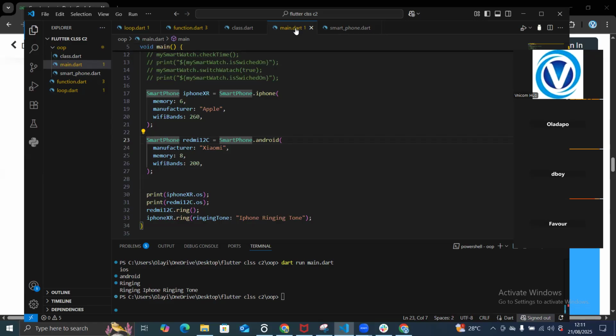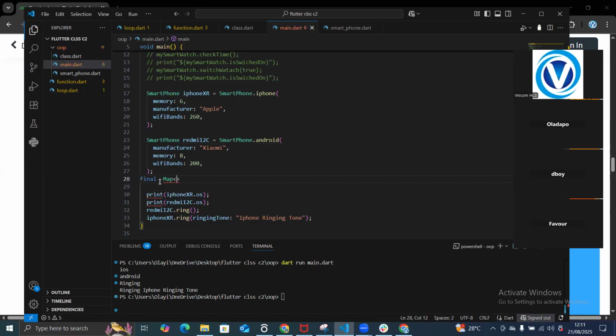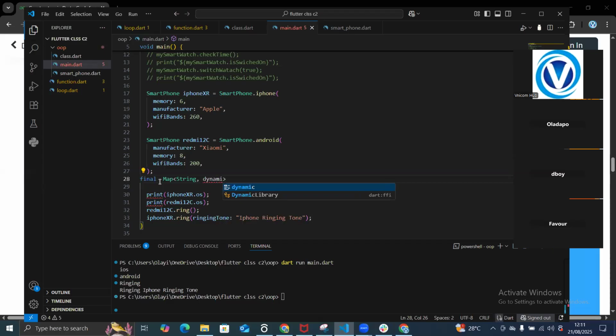Once we get our map, you can say final map of string dynamic. Let's call it phone JSON. Phone JSON can be equal to